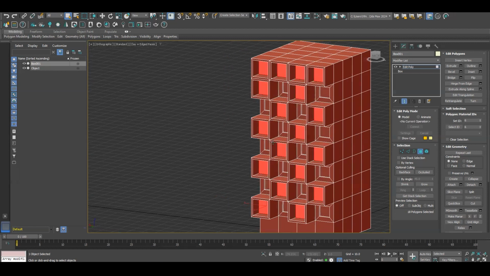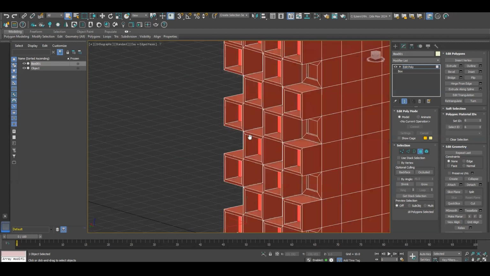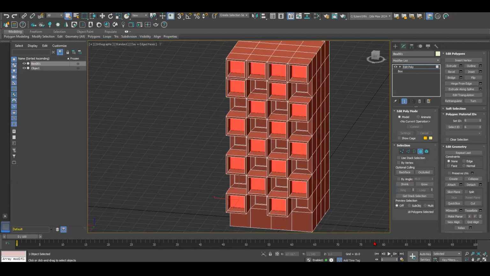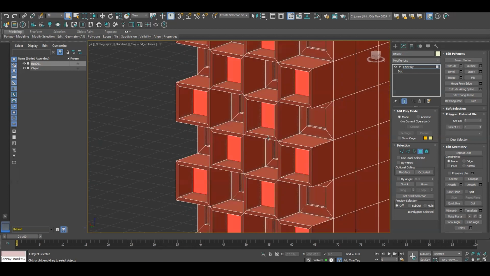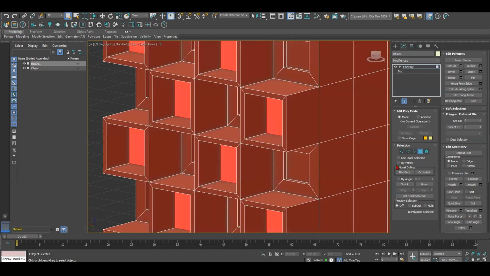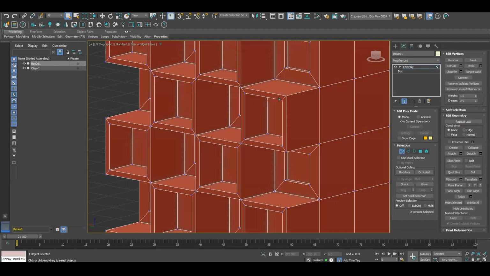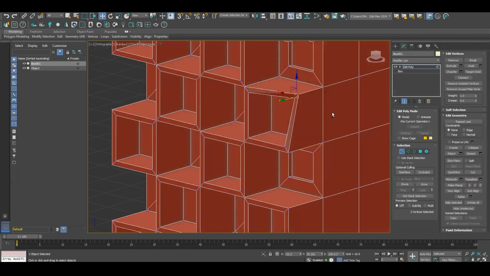Okay, so now we created these balconies, but these balconies don't match this look. So in order to get this look, we need to separate each balcony, or we can just select the vertex for this one and start to move it inside.